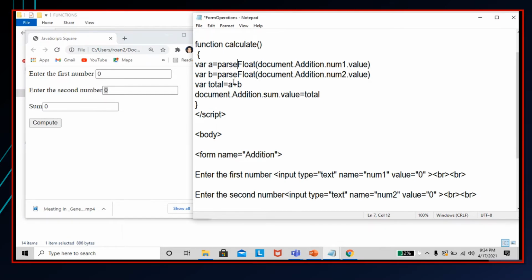Okay, so we have here to get the sum, you have a plus b. Whatever the value of a and b's are will be added and be placed in variable total. Now, to display the result, again, we made use of document as the first word or parameter, and the last parameter is value. And then where are we going to display the result? In form addition, again, in this form